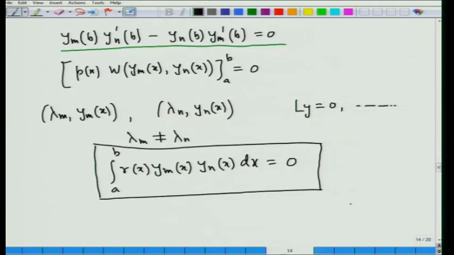Then we will define the important class of functions associated with orthogonal functions, that is the family of orthonormal functions, and from there we can find either the Fourier series expansion when these orthogonal functions are trigonometric functions, or in general the expansion of a function in terms of infinite dimensional orthonormal functions, such that every function can be expressed as a linear combination of those functions, and we will be discussing how the coefficients of those series in terms of the orthonormal functions can be derived using all these properties of the eigenfunctions associated with a Sturm-Liouville boundary value